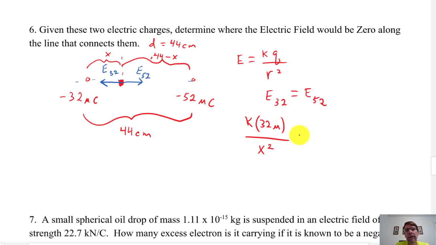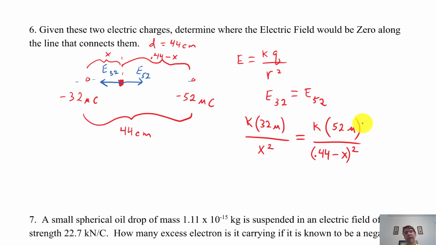All right, so if I go back over here, k times 52 micro divided by the distance now. Once again, I could have called it y squared, then that gives me two variables. But in meters, it's 0.44. I actually could have left it in centimeters, and the answer would come out in centimeters. But I like to stick with standard if I can. But anyways,